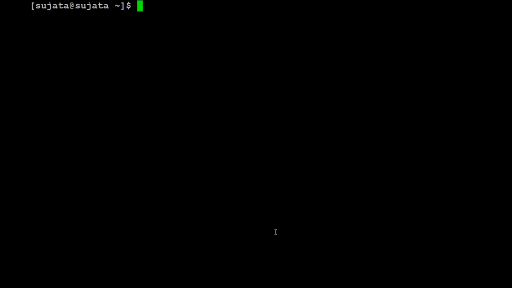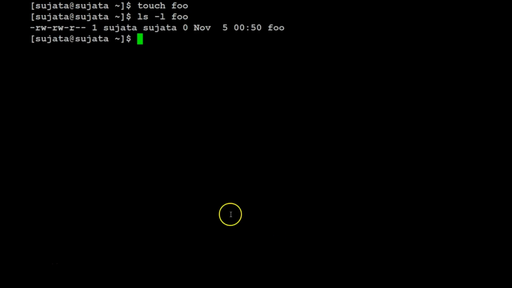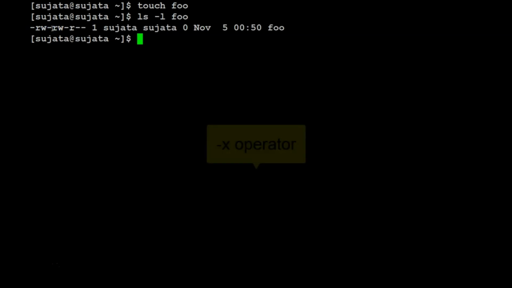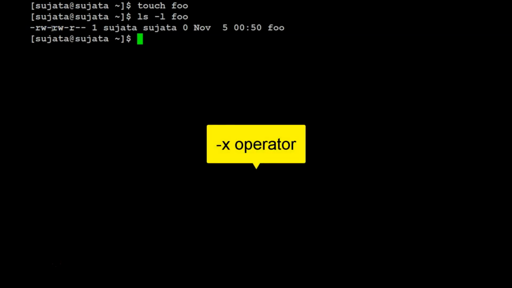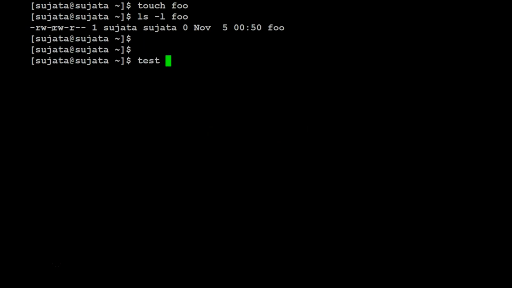Now let us go back to the subject. Let us create a file called foo using the touch command. Check if it has execute permission. It has no execute permission. The operator to check if a file has execute permission is -x. Now for the code. Test -x foo